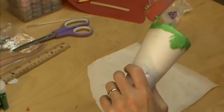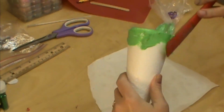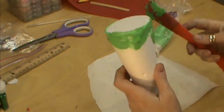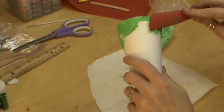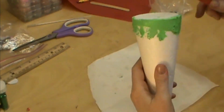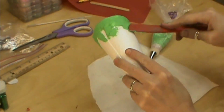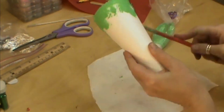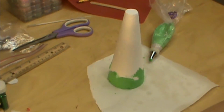But that way you could make it as tall or as big. I found my cone at Dollar Tree, but I know that the craft stores have them in different sizes, so you could have different heights, which I think would be really cool. And there'd be nothing wrong with doing it out of the paper. So once we've got that started,